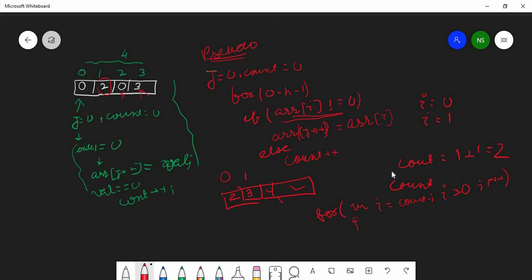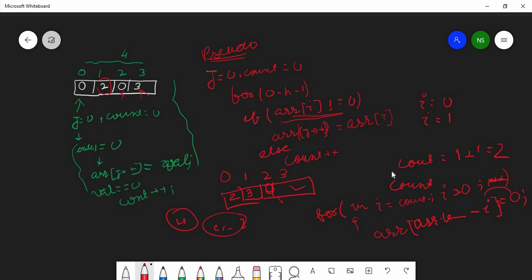In this case, we are going to store in array of, first we will find the length of the array. The length of the array is 4. So array of arr dot length, and from that we subtract I. So 4 minus 2 will be 2, and at the second index our 0 is going to sit. Now I is count, and here we have to decrement I, not increment.